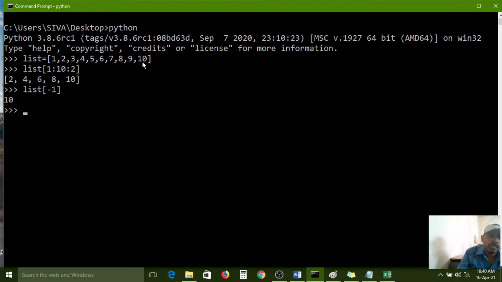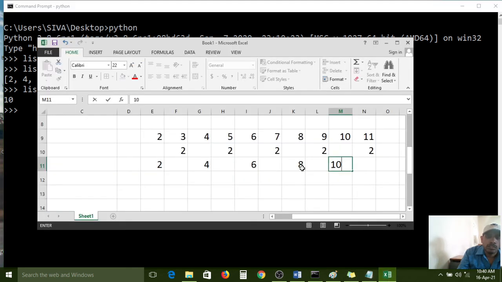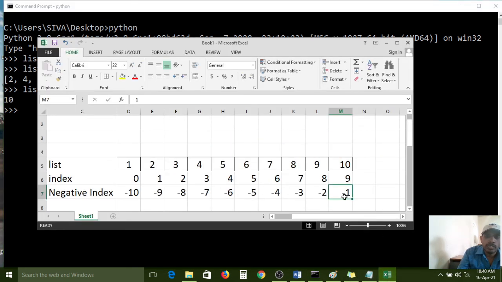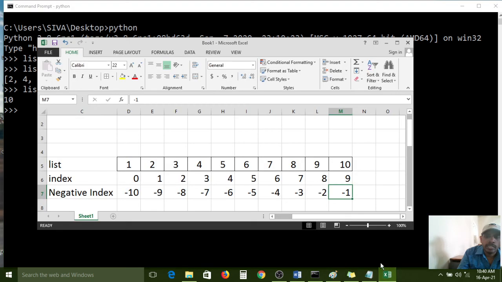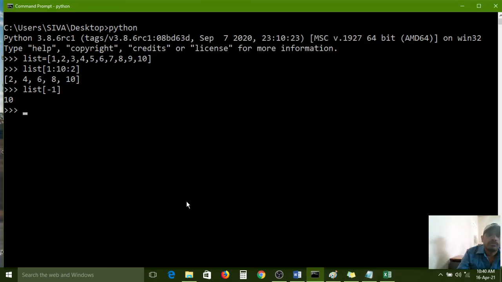The list contains 10, right? So all of you carefully observe. A negative index starts with the last element. What I have given here is minus 1. This is the index number, so it is a negative index. At that negative index place we have the element 10. So that's why 10 is printing.